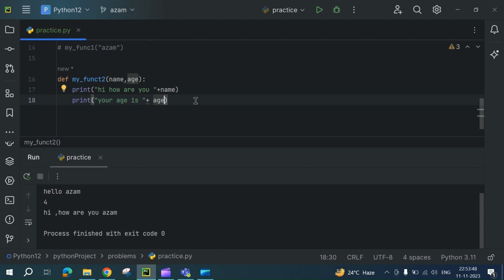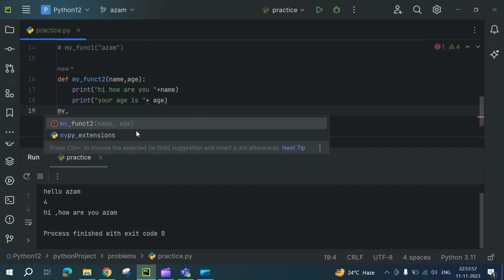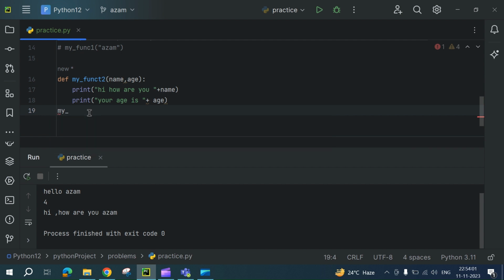Yeah, it's good now. Now let's call my function 2 with two parameters. You can see when you write just my func, it will ask for two arguments. Okay, let's pass my arguments Azam and 12. Okay, age is 12, name is Azam. Now when I run this code, definitely I'm going to get one error, because in my operator topic,